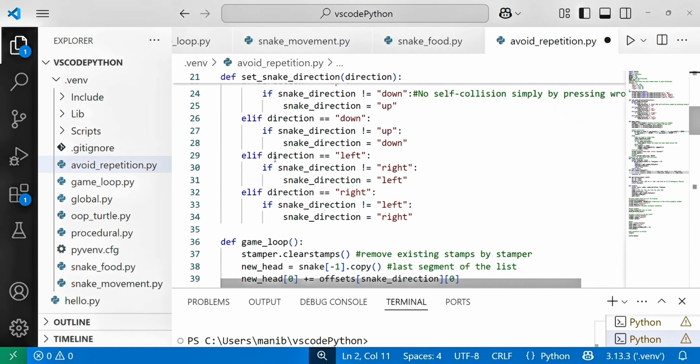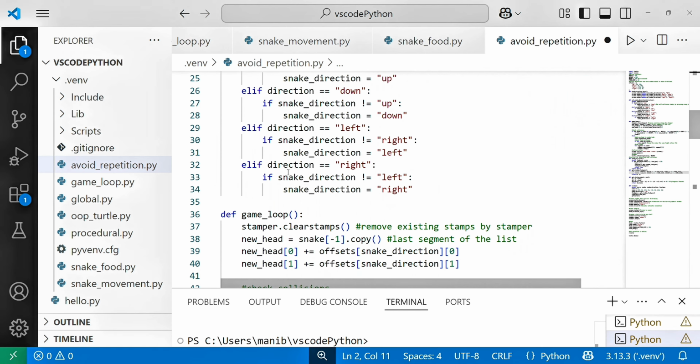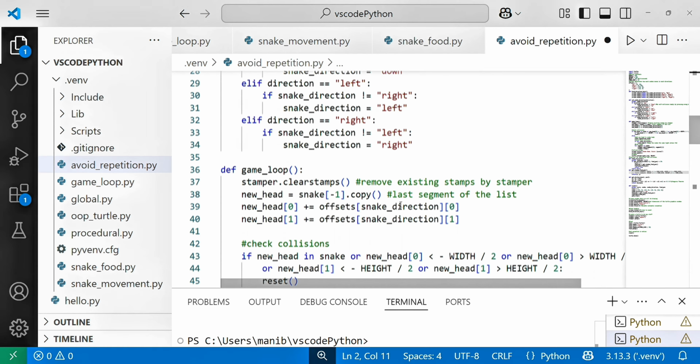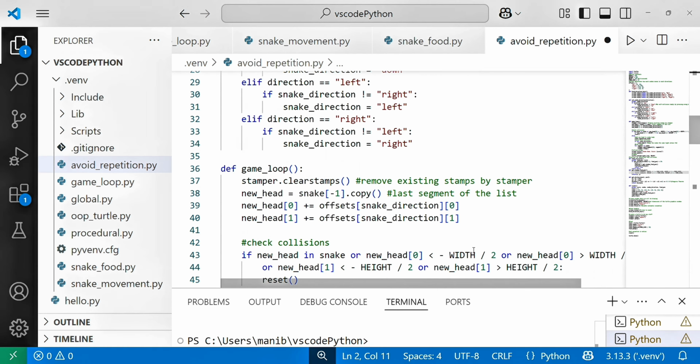Else if direction is left, if snake direction is not right, then snake direction is left. Else if direction is right, if snake direction is not left, then snake direction is right. And I have written here the game loop, where we derive how it should move.